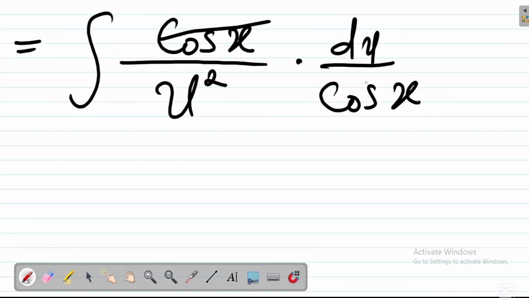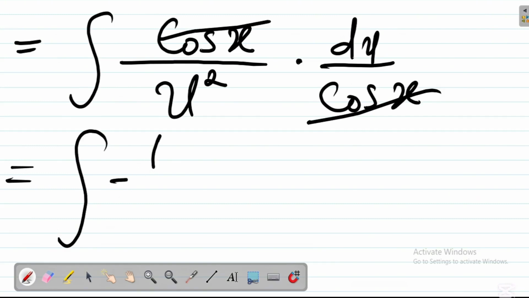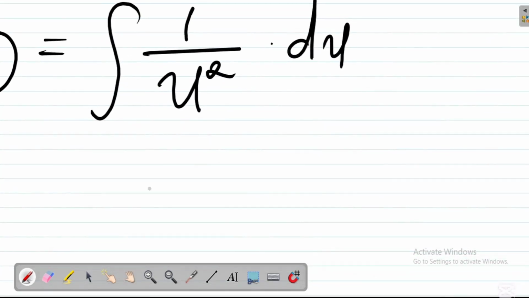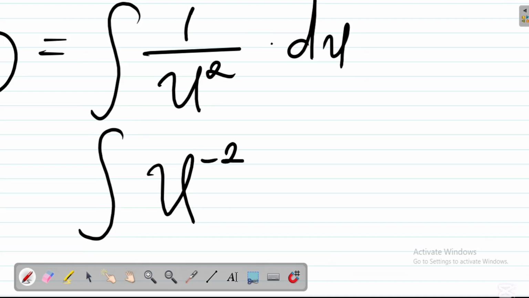Now cos x cancels cos x. We are left with integral of 1 all over u squared multiplied by du. From the law of indices, this can also be written as u raised to the power negative 2 du. If you've not watched my video on indices, kindly check the description below and you will see the link to indices. So if we integrate, we would have,